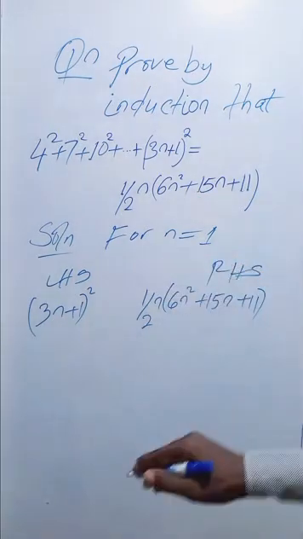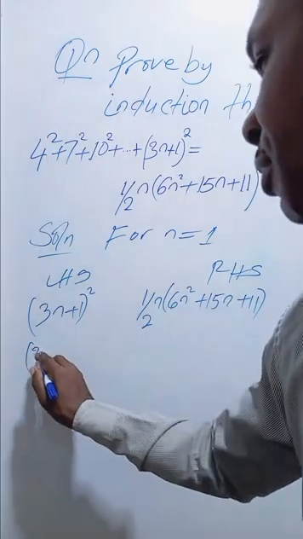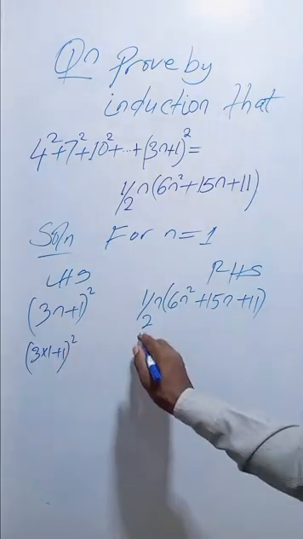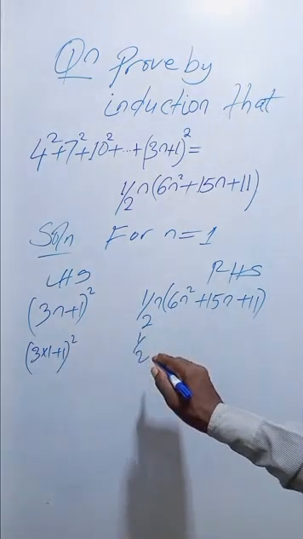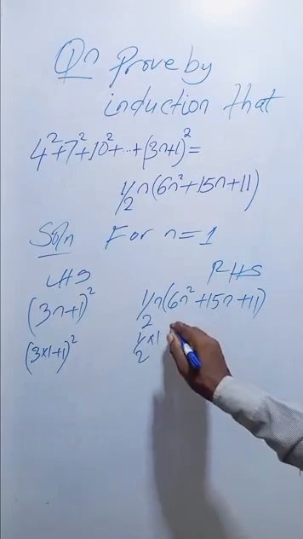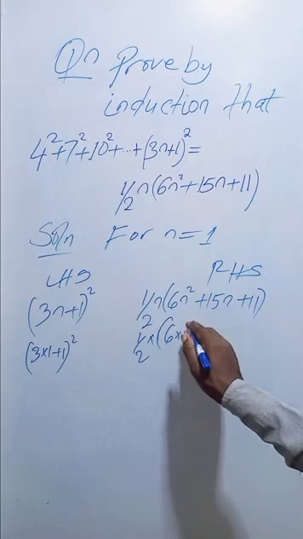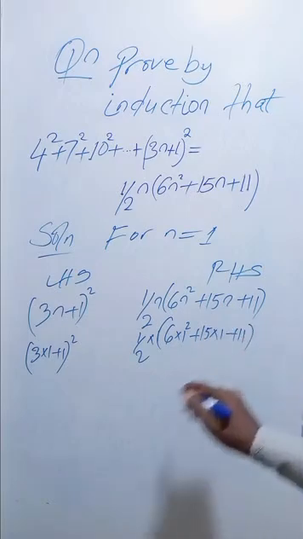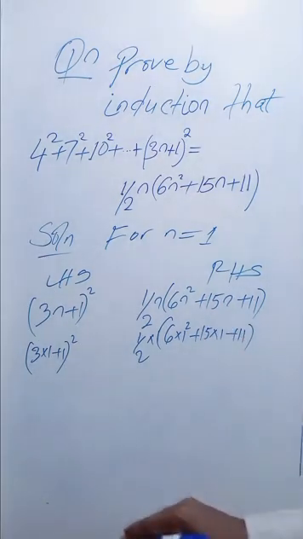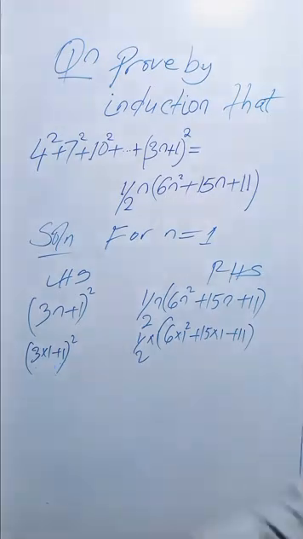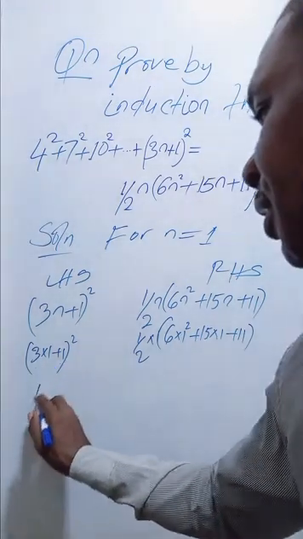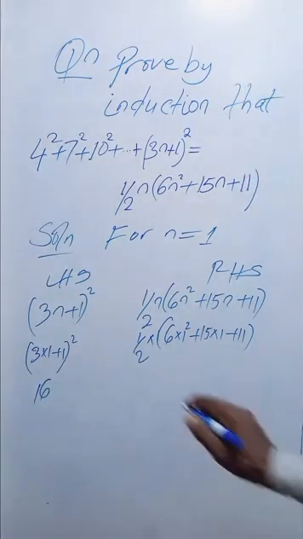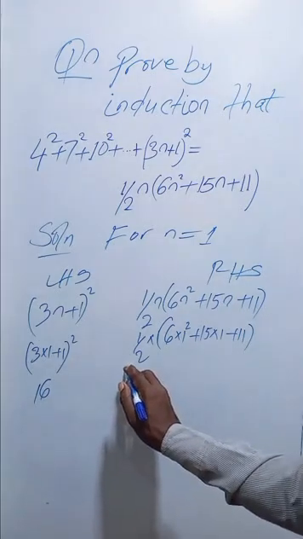Okay, so if n equals 1, the left hand side becomes (3 times 1 plus 1) squared. The right hand side becomes a half times 1 times (6 times 1 squared plus 15 times 1 plus 11). The left hand side, this is 3 plus 1, 4 squared, this is 16. The right hand side, we have a half